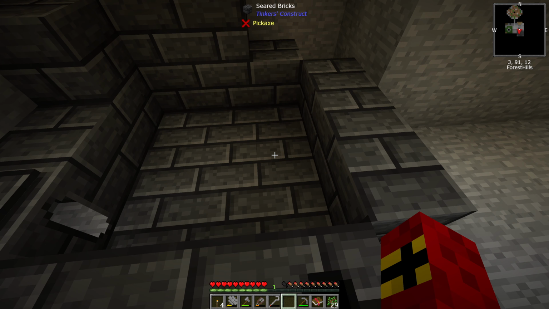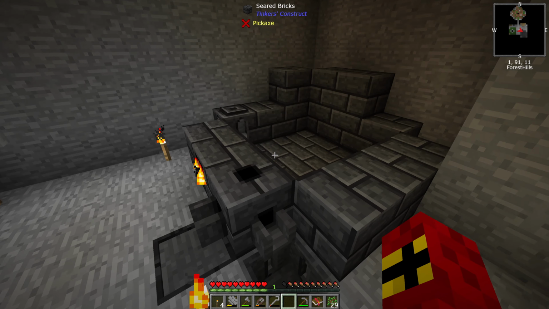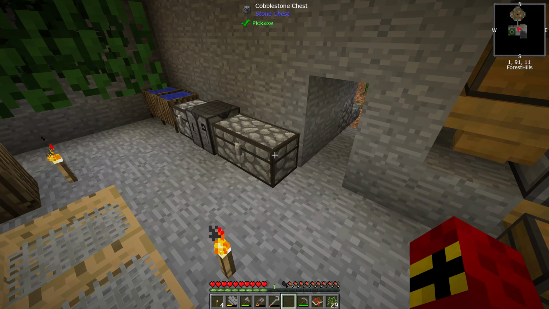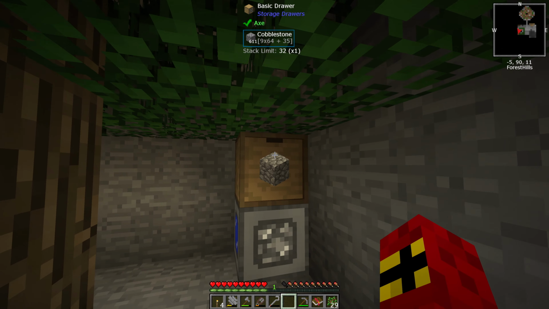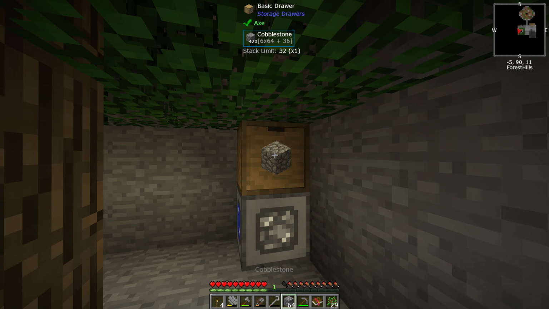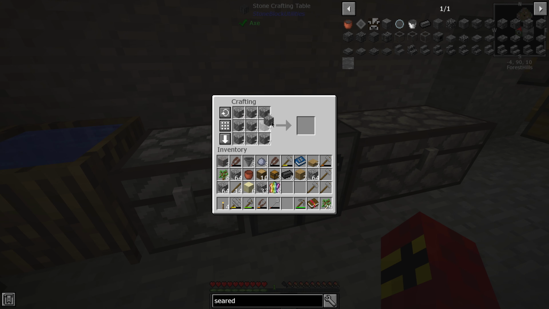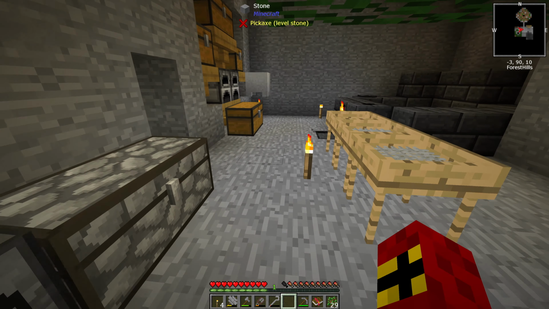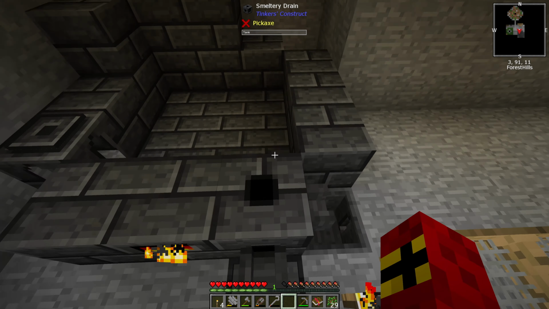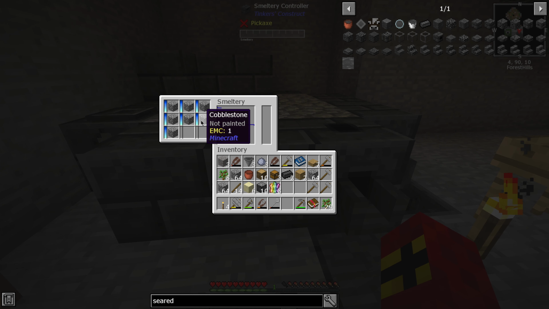Now, making ourselves some clay, some sand, and some dust, all the stuff that we need to do to get some more seared brick, is a little bit tedious, but there is another way, guys. What we're going to do is quickly grab ourselves some cobblestone here. We're going to make ourselves some compressed cobblestone real quickly, guys. I want to make a little bit more than that. Because, you see, if we were to go into here and put some cobblestone in,